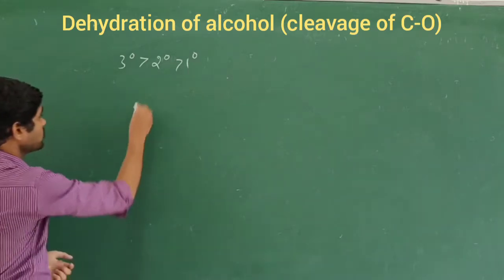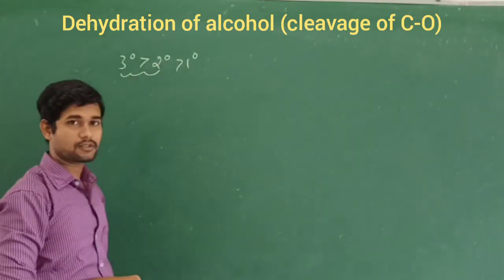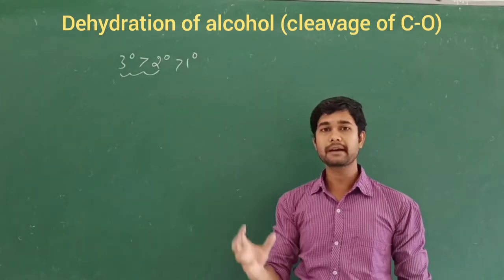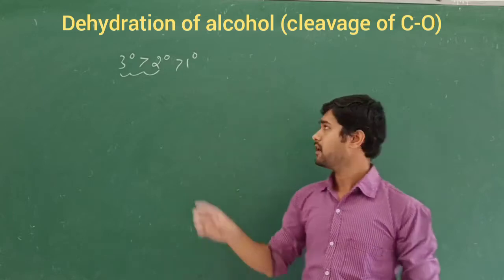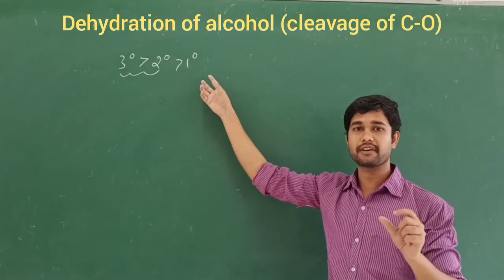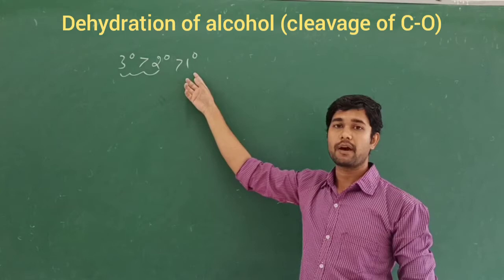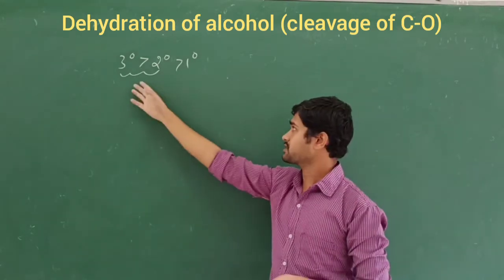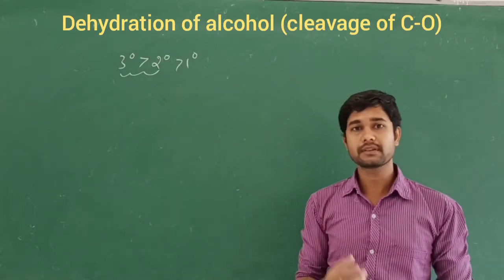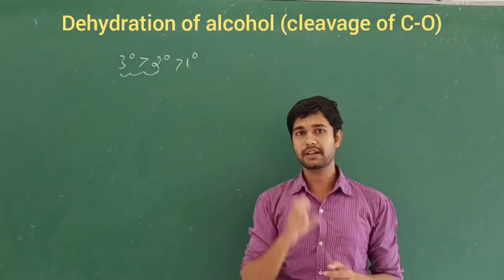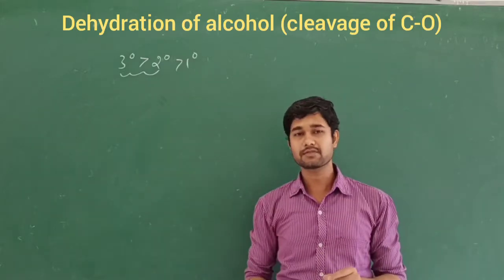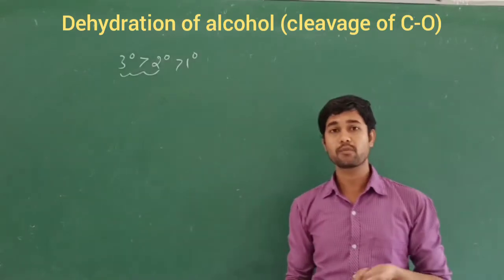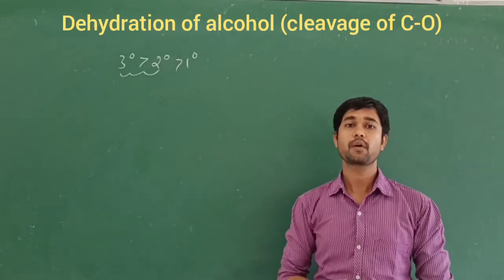Here, for tertiary and secondary alcohols, due to the greater ease of removal of the water molecules, only milder conditions of the dehydrating agent are required, whereas for primary alcohols it is very difficult to remove the water molecules. That's why we use strong conditions of the dehydrating agent. While using phosphoric acid, tertiary alcohols require only a lower percentage of phosphoric acid, whereas secondary alcohols require a higher percentage in order to remove the water molecules.